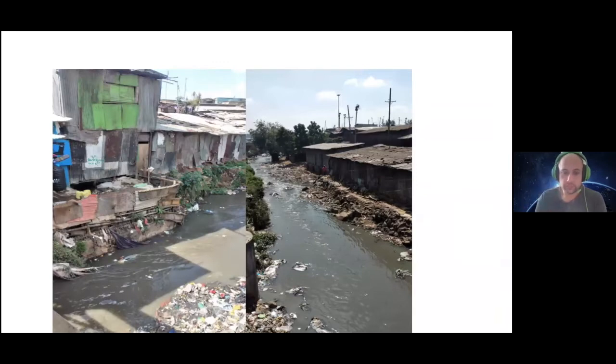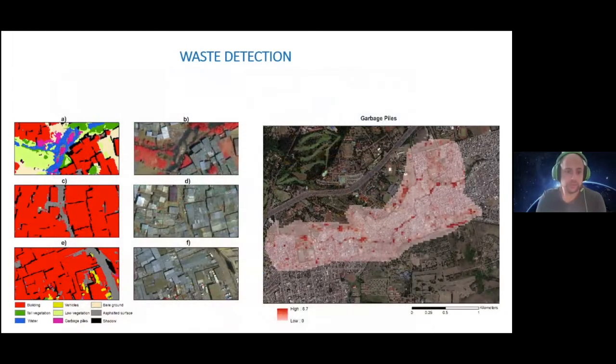So it is quite an issue, but also it is quite evident from the light. What we do is we map waste piles, as you can see there with purple color here. I think the upper figure shows that, and you can see how the waste pile is deposited across the river.